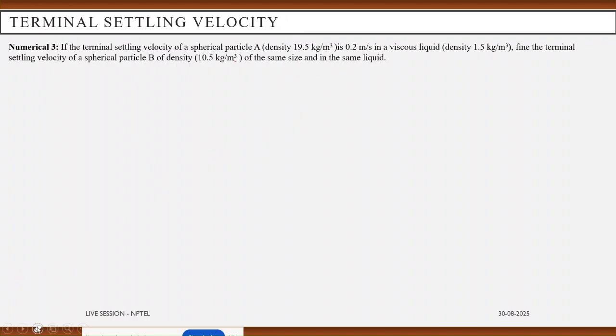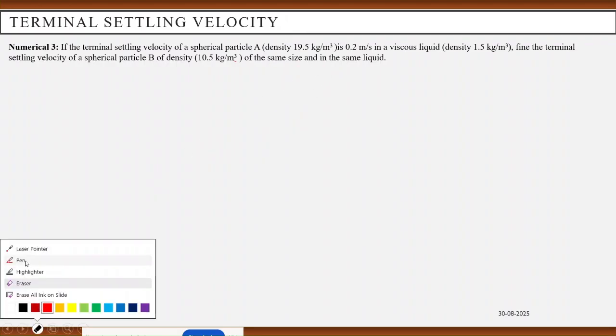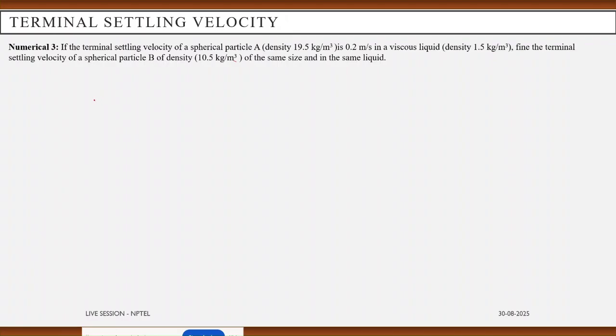So if you remember, it follows the same, assuming Stokes law regime,